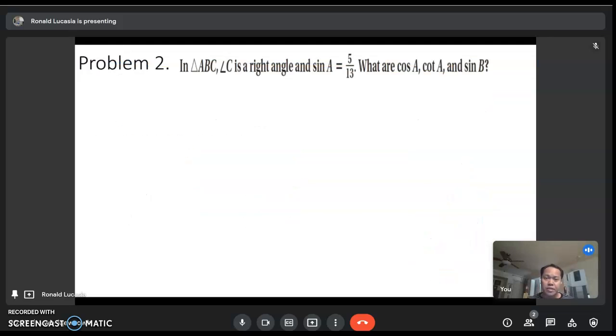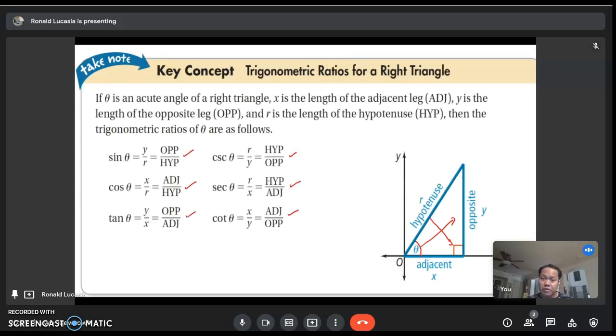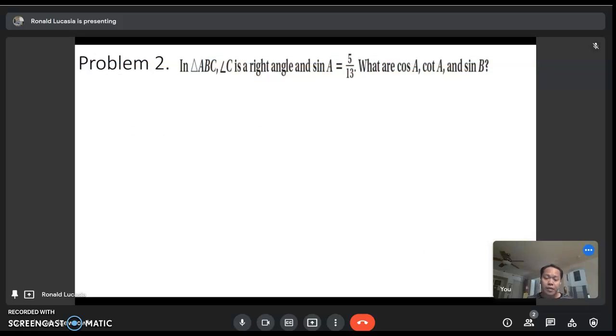Let's answer number 2 using the trigonometric ratios for a right triangle. In triangle ABC, angle C is a right angle, and sine A is equal to 5 over 13. What are cosine A, cotangent A, and sine B? A diagram will help you see the legs, the opposite and adjacent sides, as well as the hypotenuse. So if you're going to draw this illustration,